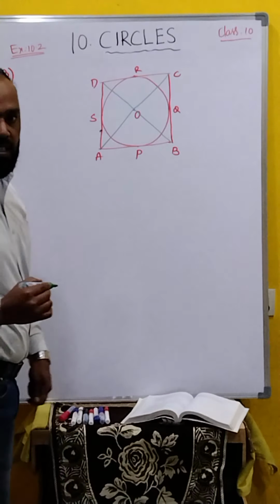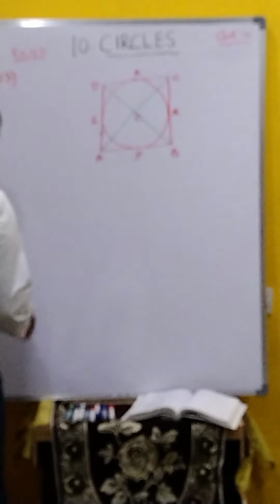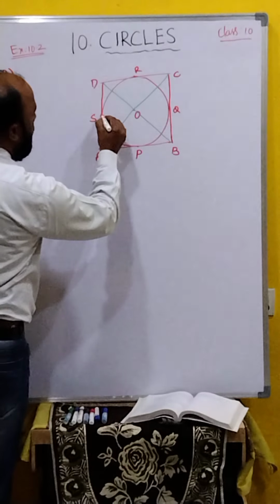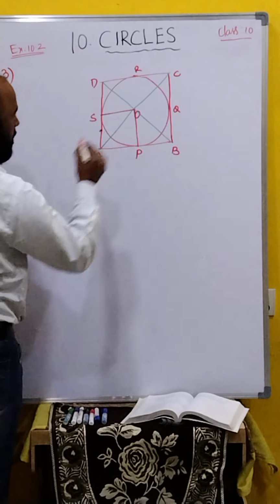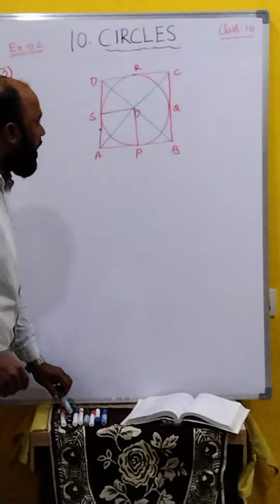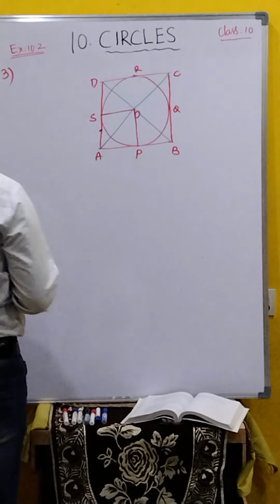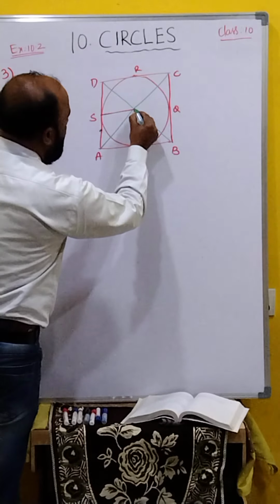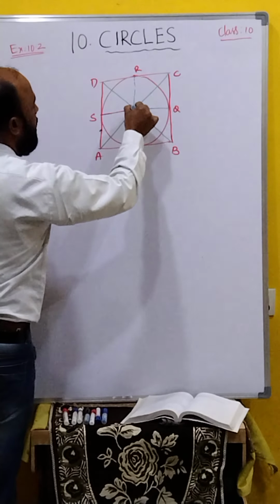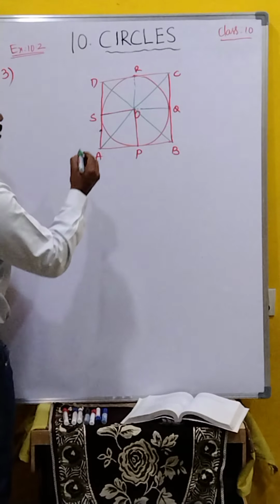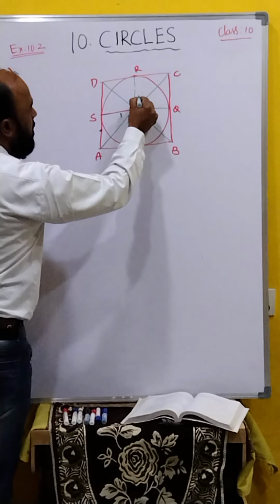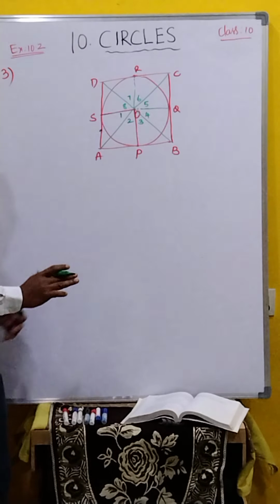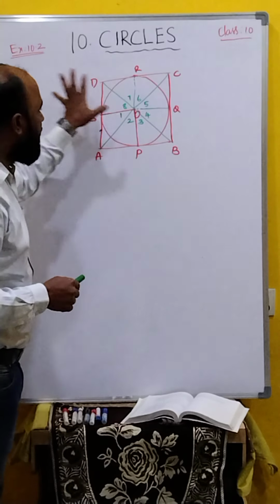Both are intersecting at O. Now after that, assume we join OS. Join these two and here also. After this, how many angles are formed you observe here? Join this one also, join here. Clear, children? Now I am assuming this is angle 1, 2, 3, 4, 5, 6, 7, 8. These are the angles. Total 8 angles are formed.